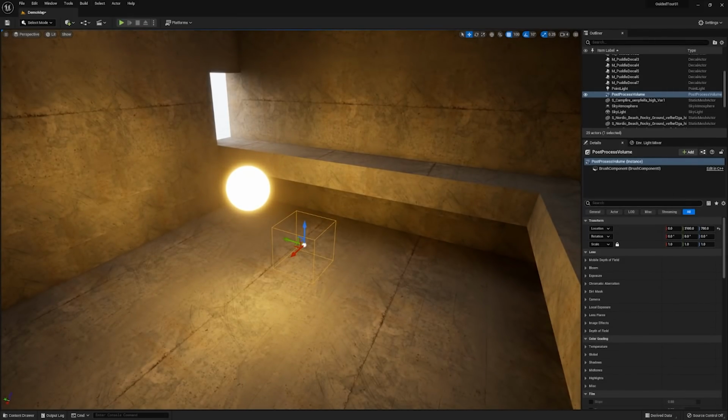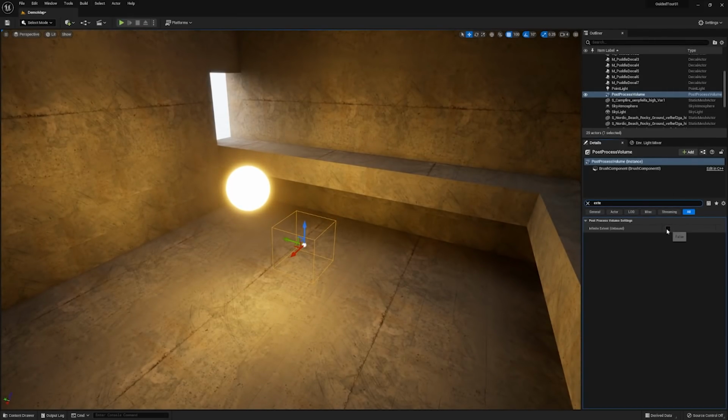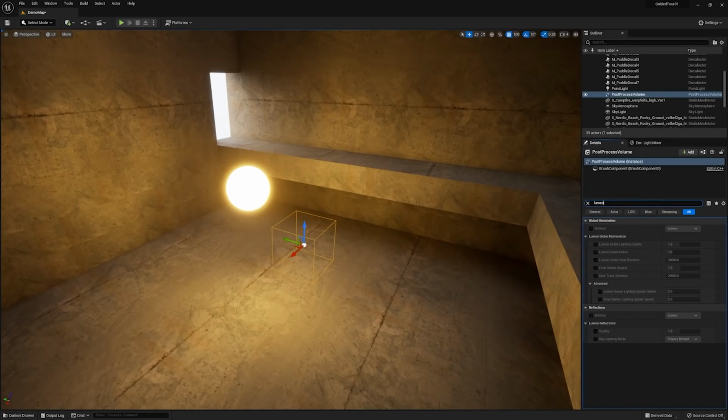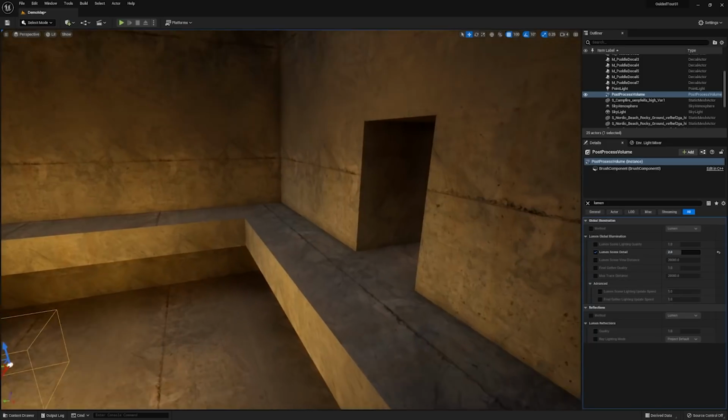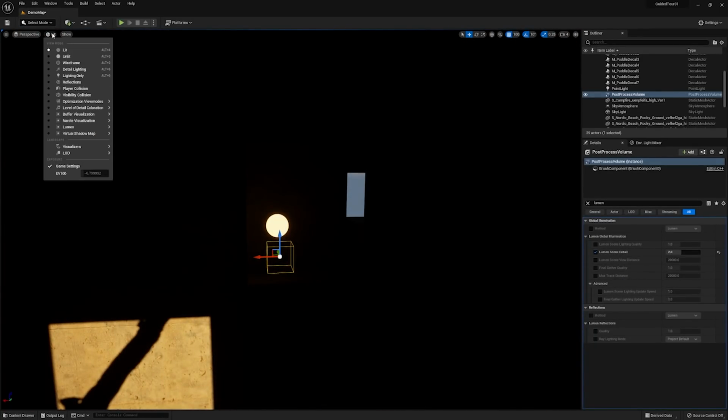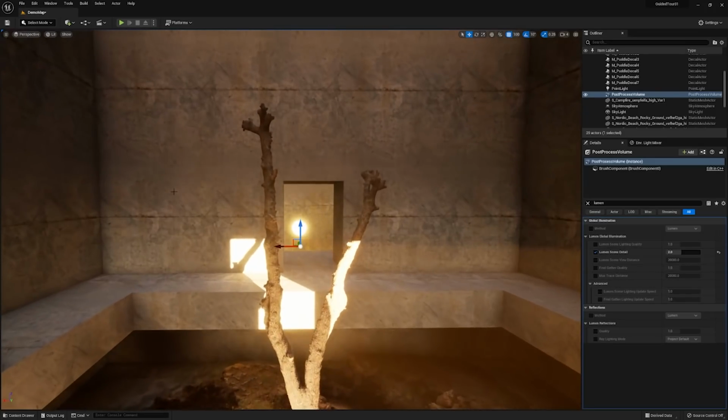Now, a post-processing volume changes what your screen sees after the core image has been rendered. In this situation, it says, hey, don't actually constrict these options to just be what's inside the volume, but rather apply it to everything else in the world. This means this is kind of like the default post-process now, and other volumes would override it. You can see here that as I've changed this to override the scene detail, that now that light is being correctly included, which means everything is pretty much how I want it to be.